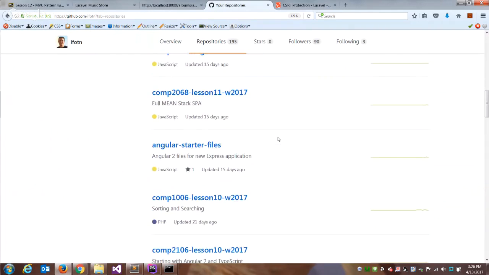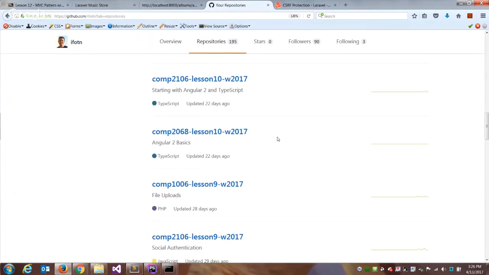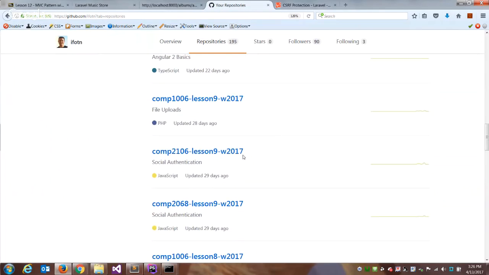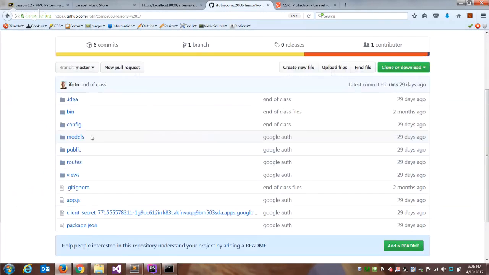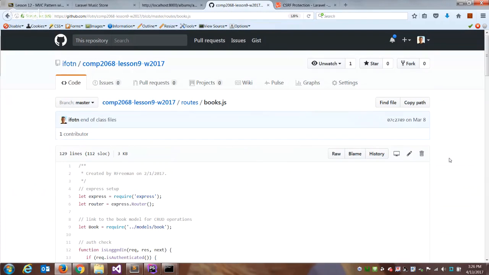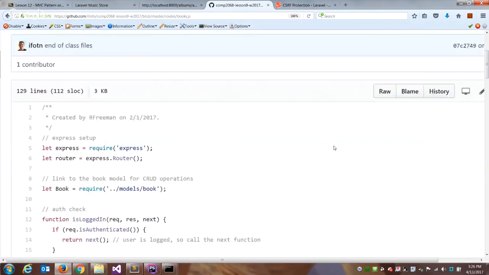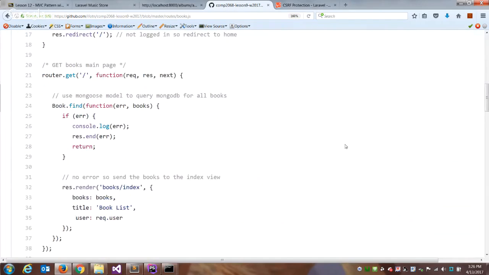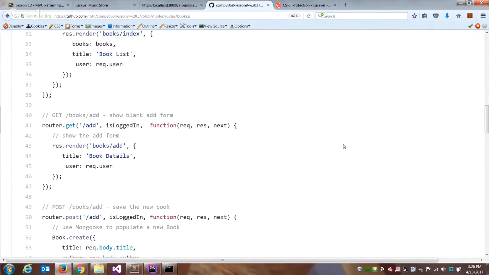We go and look at, let's see, what is it, 9? So we built a bookstore. We could add, edit, view, delete books. So here was our books file. Now this is all JavaScript. I won't explain all of it, but notice,